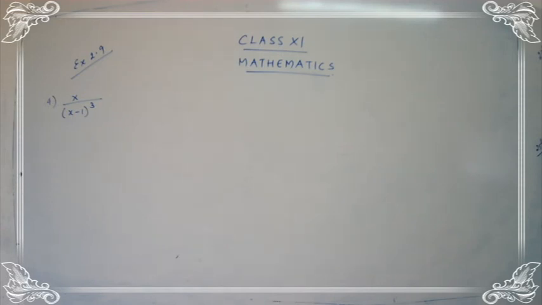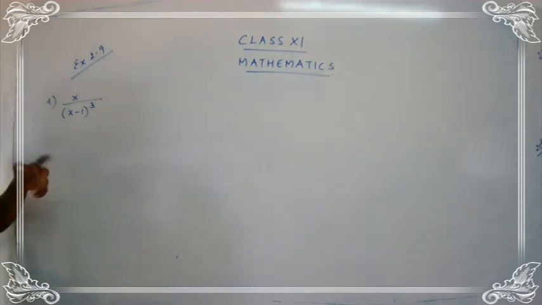Okay, now let's see how to do this sum. Till now we have dealt with 2 types. One was easy, where we took 2 constants, 2 unknown values A and B. And then we saw where we were dealing with 4 constants, 4 unknowns. And now here we have a denominator which is x minus 1 the whole cube. So when you have a denominator as a power of some factor, how to continue with that?